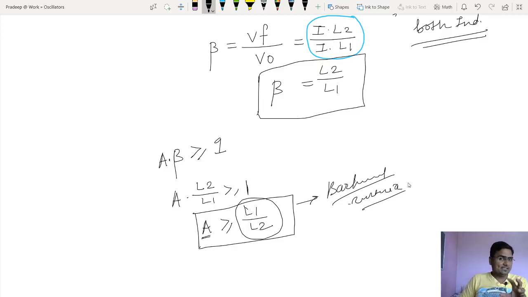Now the same thing is applicable for the Colpitts oscillator. I'm telling you the reference every time because in the case of the Colpitts oscillator we are not going to repeat the same things again and again, because the two circuits are the same, the amplifier will be the same, even the design of the amplifier will be the same. So in the case of a Colpitts oscillator, A should be greater than C1 divided by C2. So it is the ratio of capacitors, whereas here it is the ratio of inductors that I need to consider. So this is the actual analysis for the Hartley oscillator.